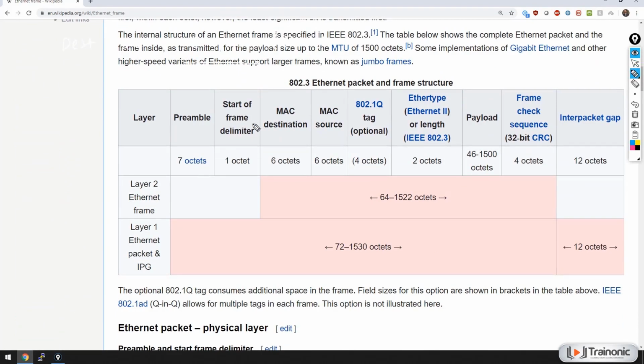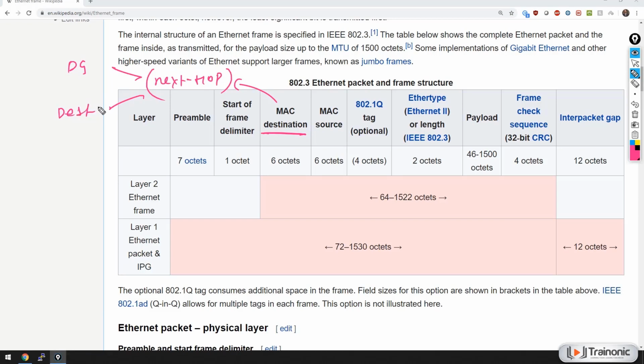First of all, we have the destination MAC address, then we have the source MAC address. The destination MAC address specifies where the packet has to be delivered, which is the MAC address of the next hop, if you remember the encapsulation process. The next hop can either be the default gateway or the destination device.